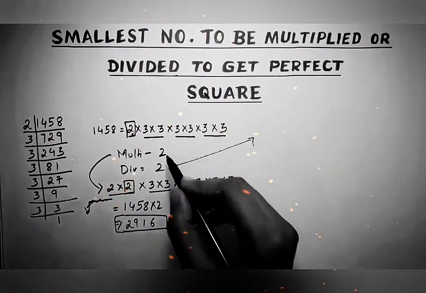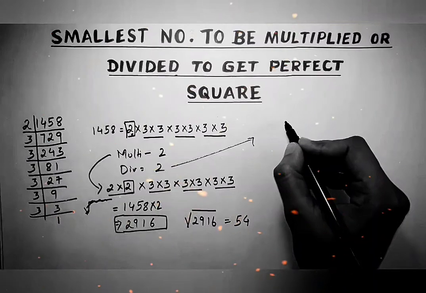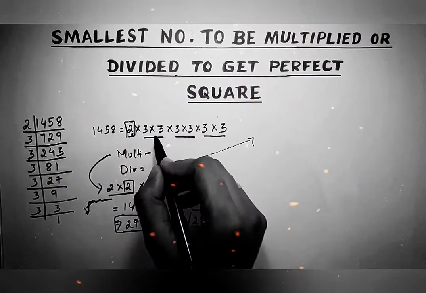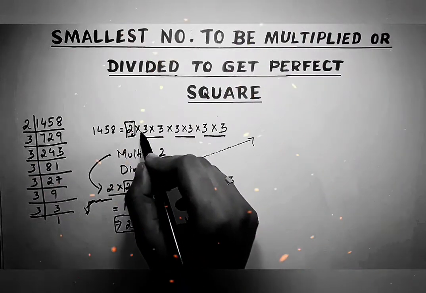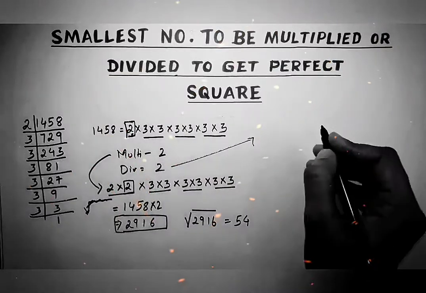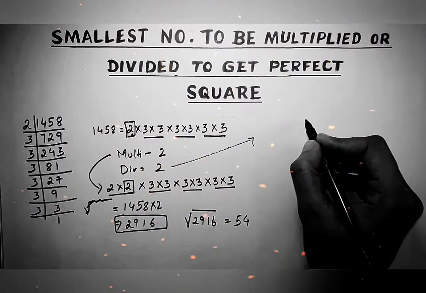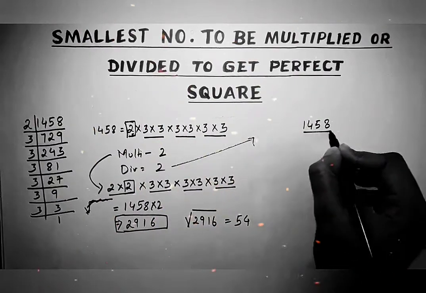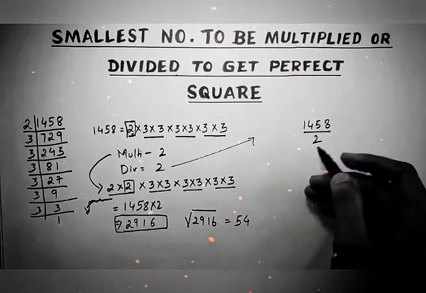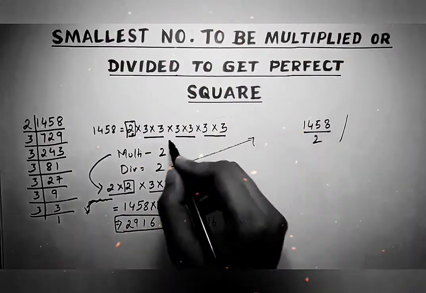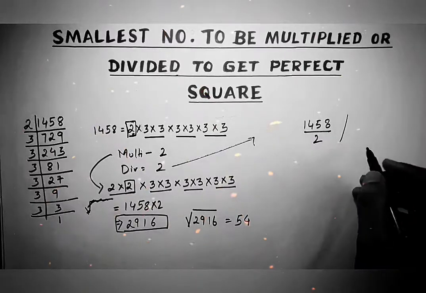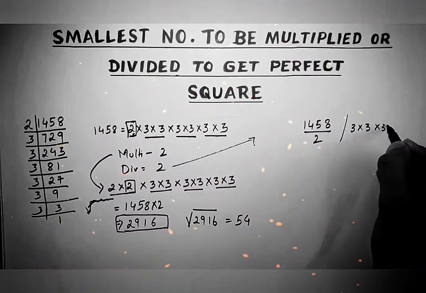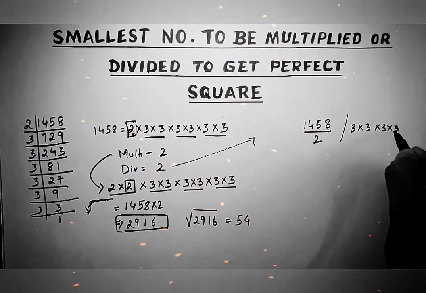Now if we do our second case, that is to remove this 2 and divide, right? If we want to remove this 2, we are left with all these 3's. So we divide by 2 to remove it, as we don't want a pair, and the division will also be done on both sides. Whatever we do on the right side, we have to do the same on the left side. After writing this, we will get this, and let us write all the rest of the part. So all the 3's, that is your